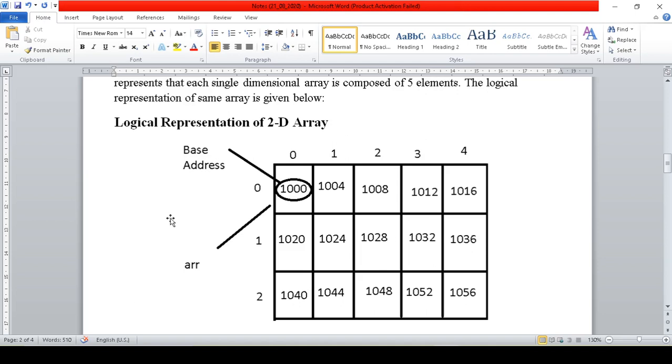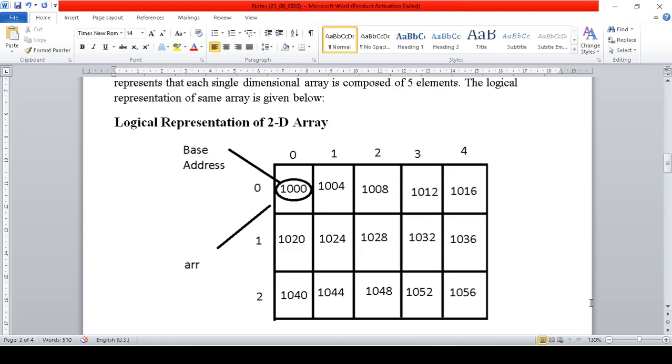Whenever we are writing or dealing with a matrix, the traditional approach is row wise. So if we are storing values in this matrix, we will store them like this: 1, 2, 3, 4, or whatsoever the values are. First we will fill all the columns of the first row, then all the columns of the second row, and then all the columns of the third row. If you relate it with pattern printing, we have a nested loop where the outer loop is for rows or the number of lines, and the inner loop is for columns or the values in each line.